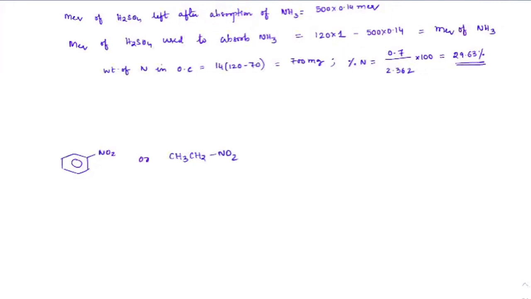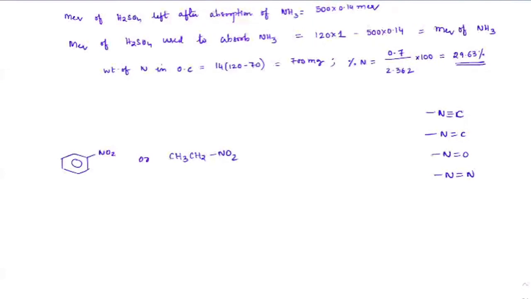So think this way, wherever nitrogen has a double bond, whether it is with double bond N, double bond O or double bond C. Let me show you all of them. N triple bond C, N double bond C, N double bond O, and double bond N. This is a hint. If you are not able to predict, just check out this as a hint. If you see any of this double bond, it becomes very difficult to break by concentrated H2SO4 and convert this nitrogen into ammonium form. So all of them will not give the right estimation with Kjeldahl's method. I hope all of you are clear with that.